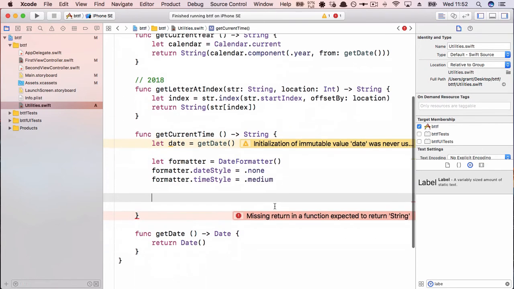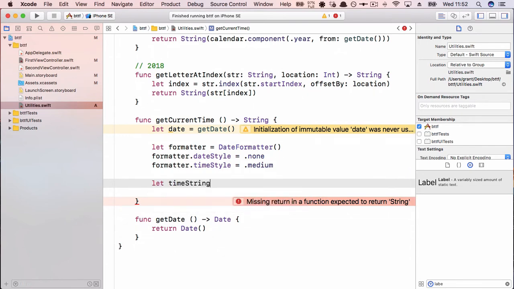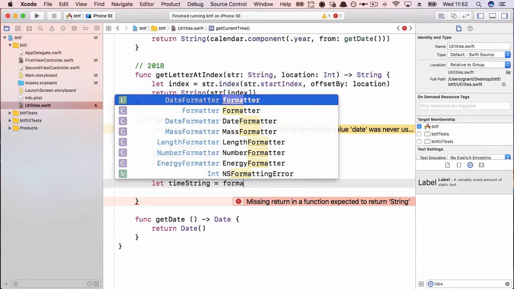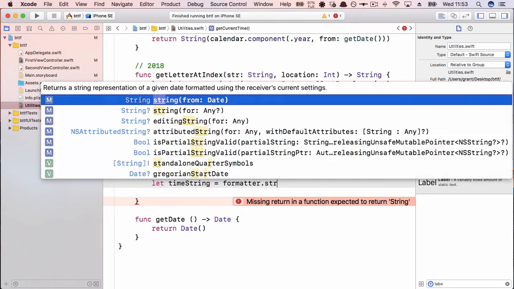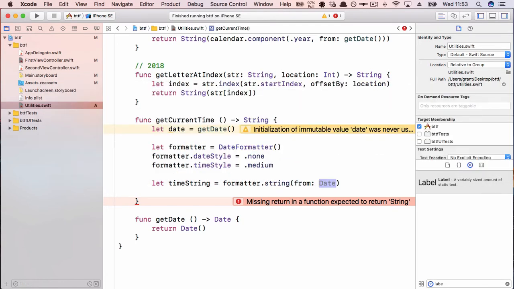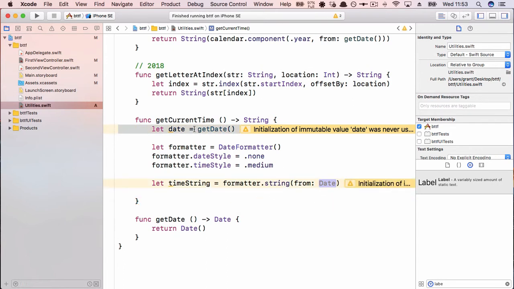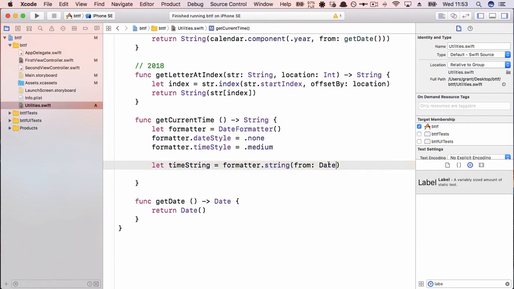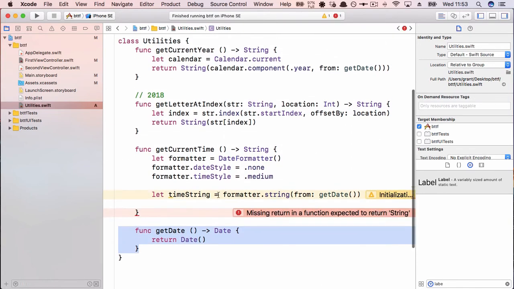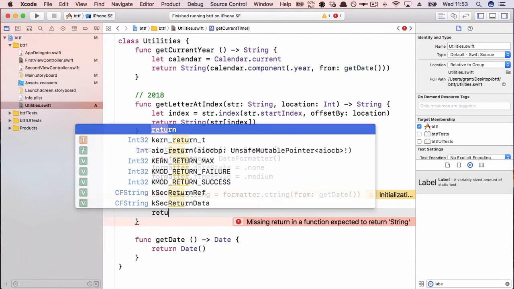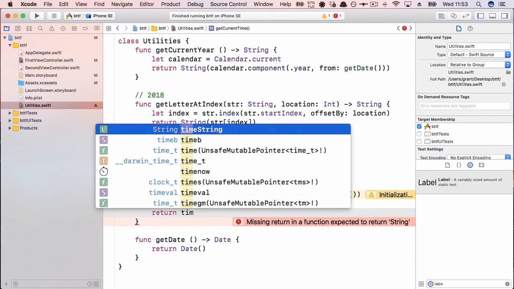Now, we're going to create a string. So let timeString equal to our formatter, and we're going to get a string from the current date. Now, I could pass in this date, or I can call getDate directly. So that's just going to pull out from this function. So we've reduced our code a little bit. That's pretty handy. By adding some more lines, ironically, in the end, we've got fewer lines of code to type. So great. Now we just have to return that timeString